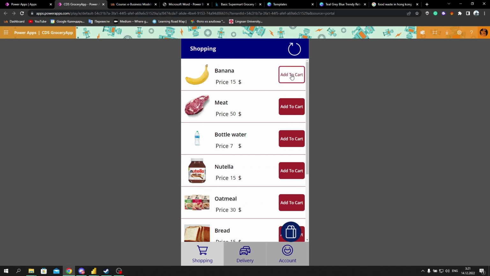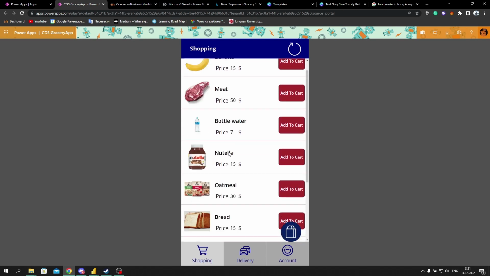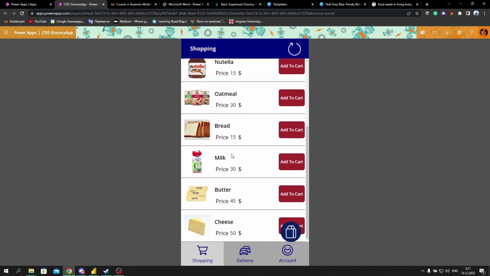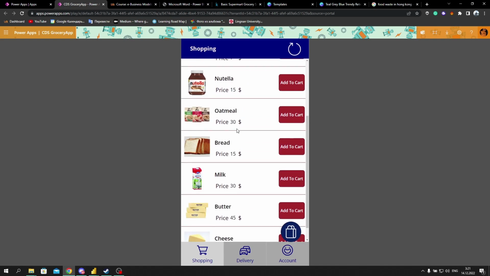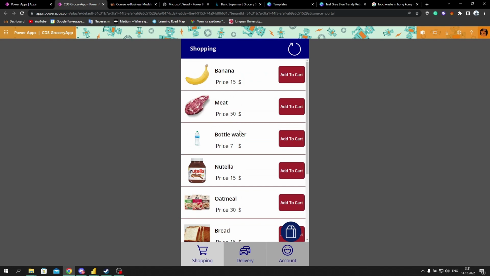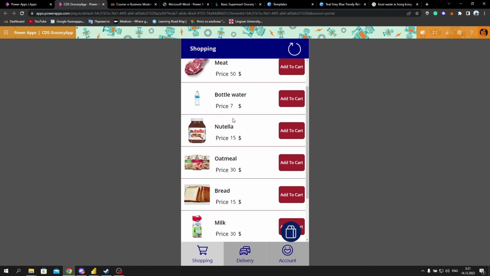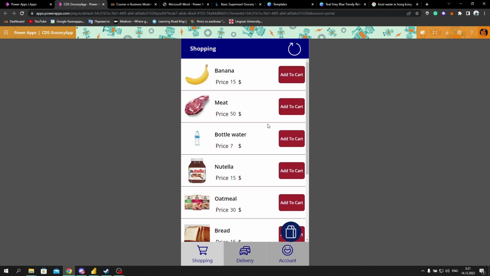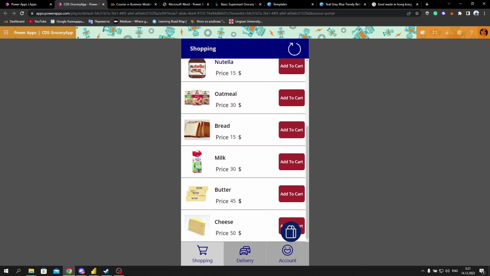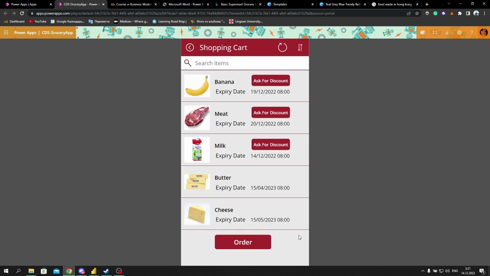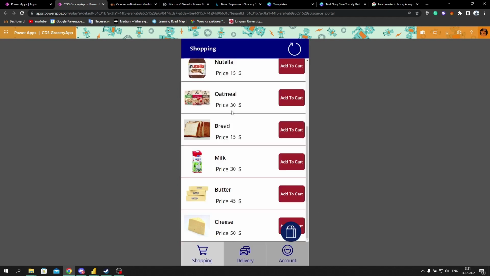And here they can go through the shop and check the prices. In the real application, there will be more data and more products they can buy. For example, there is not going to be only one banana. There are going to be different types of bananas which they can buy in different shops, and they can check the prices and order the food. They can add items to the cart, and then they can open the cart, or they can go back and continue their